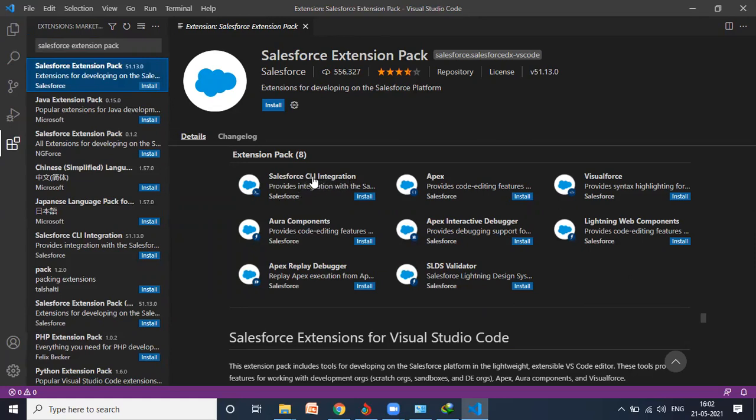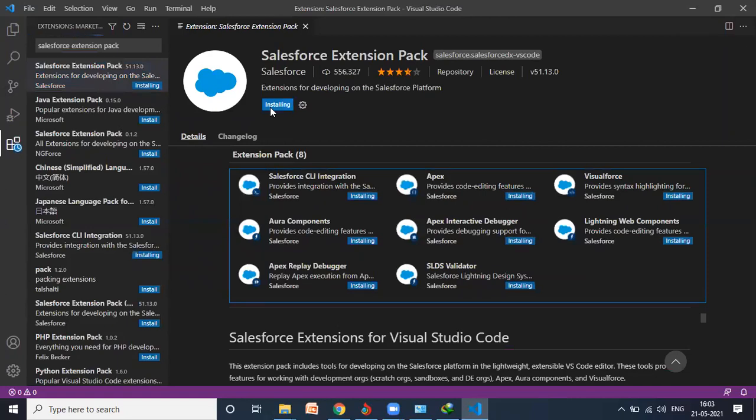It is used to integrate. Basically, from Visual Studio I'm going to type, and the code is going to reflect to my Salesforce org. Okay, how is this happening? Because of this. Same for Apex programming, for Visualforce, for Aura components, Apex debugger, Lightning Web components, all in one. Just click on Salesforce extension pack.